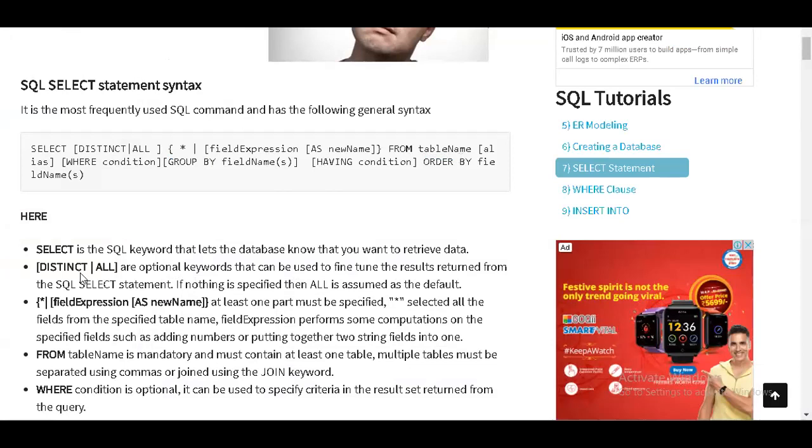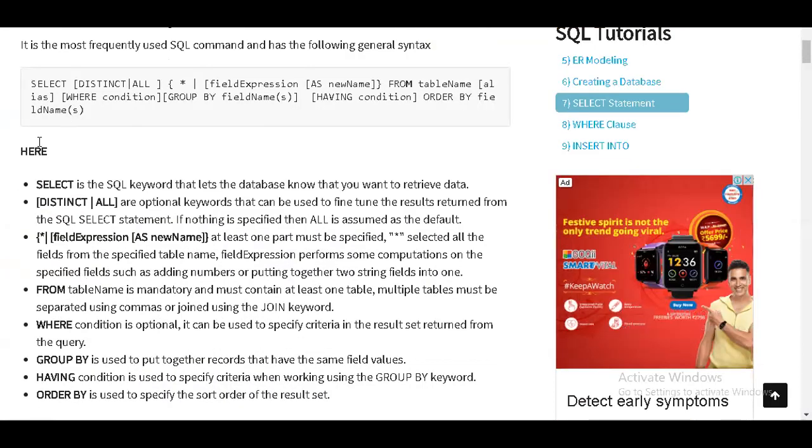So if you see one by one the expression, and when they ask anything about the select command, you have to write this entire syntax. And here you have to write the clear explanation of that. So here you can see, select is for what? It's an SQL keyword in the database that is going to retrieve the data. So you have to remember the purpose of select. It is used to retrieve the data. One point.